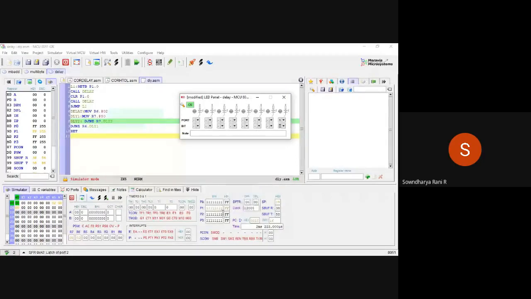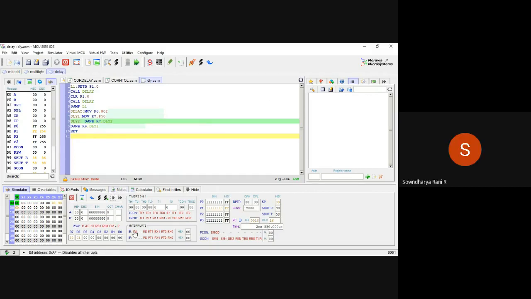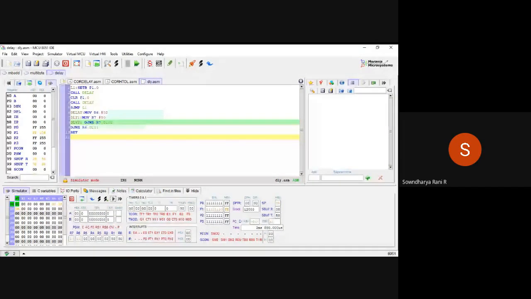Okay. So can you see here? It is 1 here and the LED is off, right? If it becomes 0 in port 1.0, the LED is on. That's what ma'am has explained. You look at P1, the answer is FE. Also, parallelly check your port 1 values. Your LED alone is in common anode configuration. Okay, I'll just stop this. Do you have any doubts in the first program?